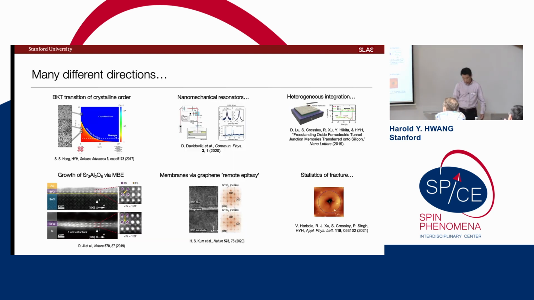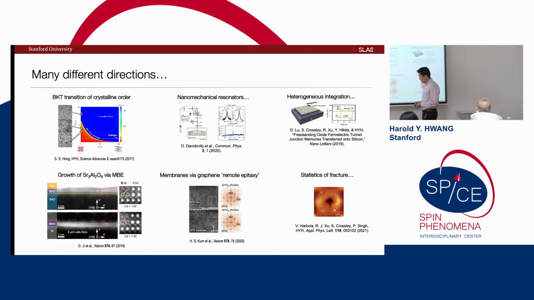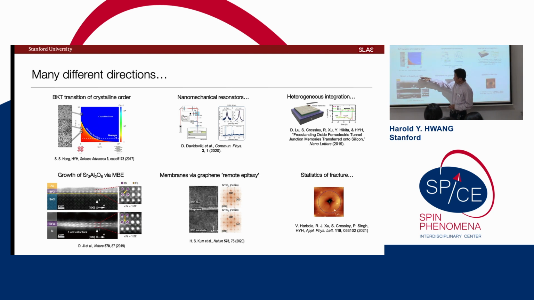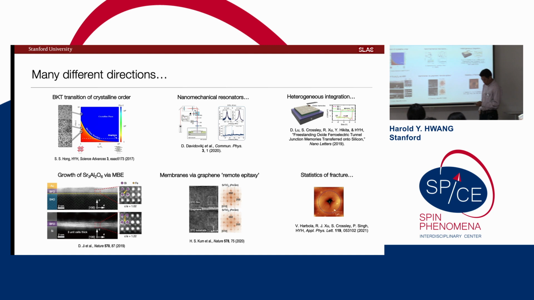As I said, there are lots of things to do. I won't read them all. There are lots of growth variations. It turns out that we're using pulsed laser deposition, and those details don't seem to matter. There are examples of MBE and nowadays sputtering as well, to play the same game with a soluble buffer layer.